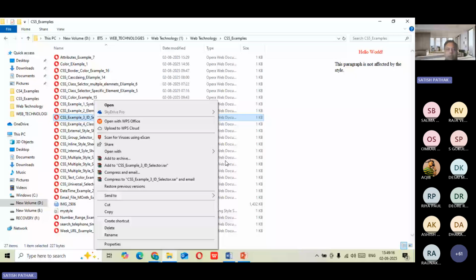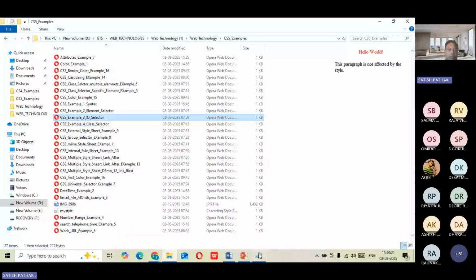The notepad is a little small, in a bigger font. This is